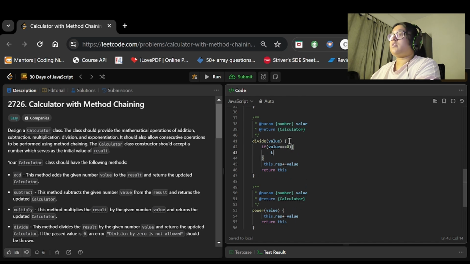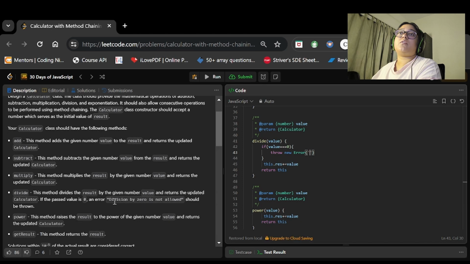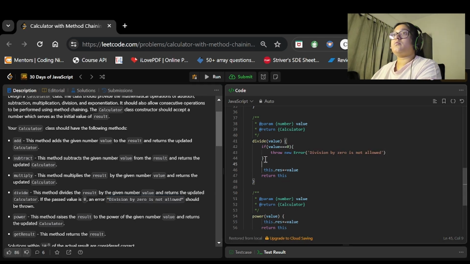The error we have to throw is "division by 0 is not allowed". So I will throw that error. Otherwise, we had to divide the value simply. So we will divide it.